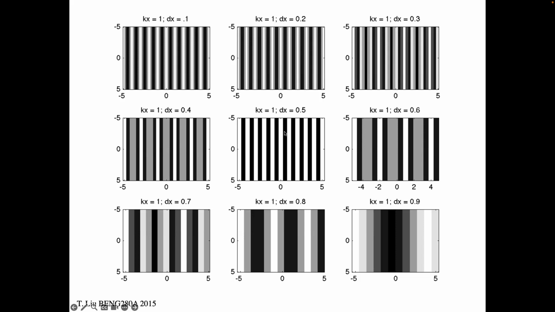And then at 0.5, we have 1 sample here and 1 sample here. So we have a sample up and a sample down, and a sample up and a sample down. And that is what it looks like when you plot it over the same space. And that is the Nyquist frequency, right? Because now you have the frequency. You can still see, oh, I've got 1 cycle per millimeter in this function from that plot. However, as we get higher, we start seeing some pretty bizarre patterns, okay? When we go past the Nyquist and start plotting these things, until finally, when we get to something that's 0.9 between sample points, we see this very low frequency function. It's interfering, right? So the sampling grid and the function have this kind of interference pattern